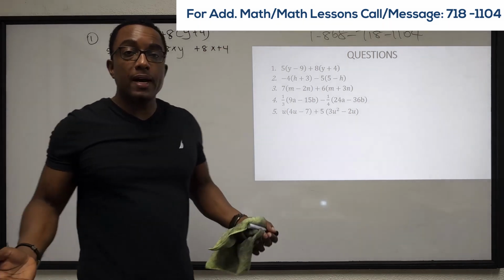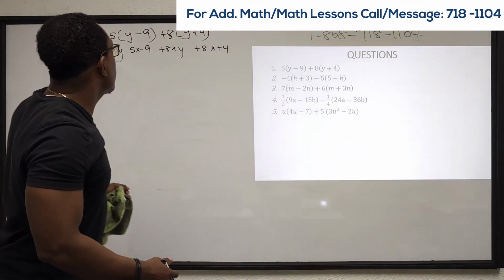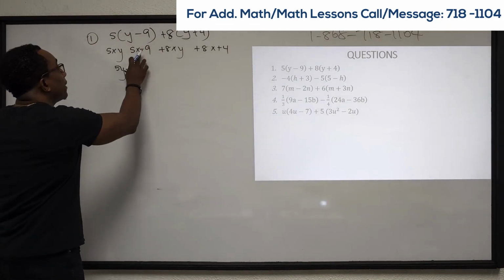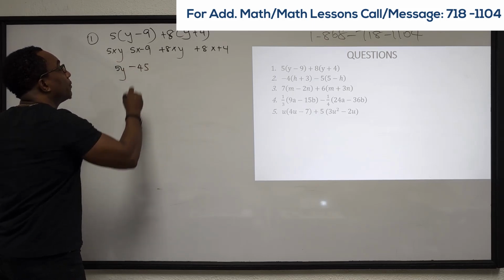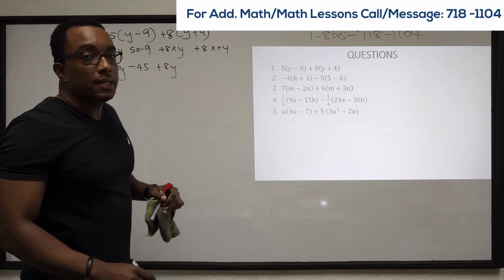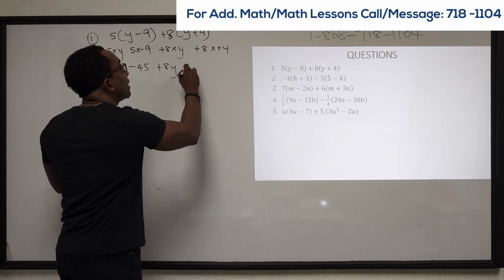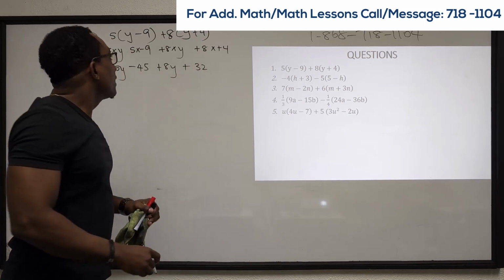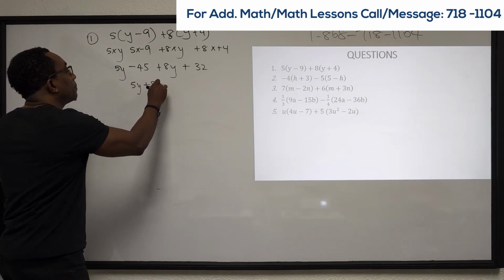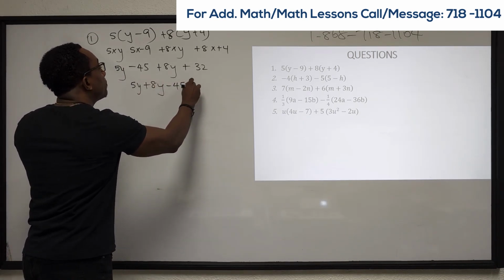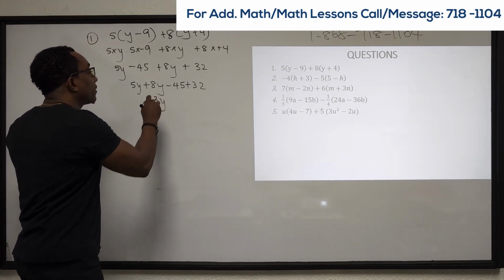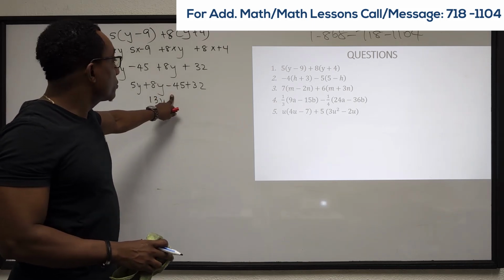So this becomes negative 5 by y is negative 5y; negative 5 by negative 9, a minus by a minus is a plus, 9 5s are 45; plus 8 by y will be plus 8y; and plus 8 by plus 4, a plus by a plus is a plus, 8 4s are 32. Let's further simplify, let's group like terms. This will be negative 5y plus 8y, negative 45 plus 32. Negative 5y plus 8y will give us 3y, and negative 45 plus 32,